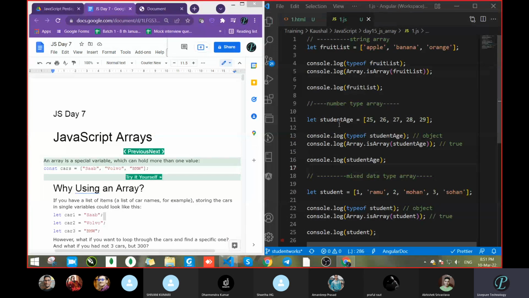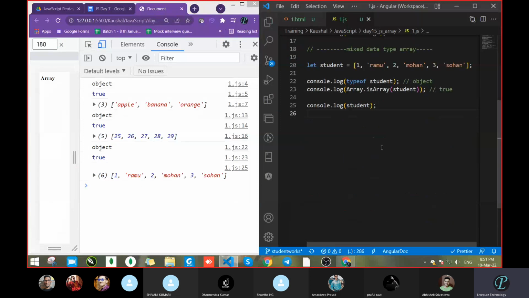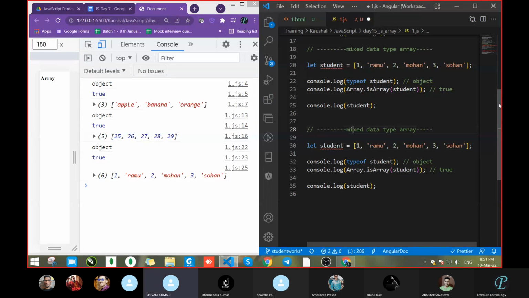Okay, so we have seen how to create the array. Do one thing, we know objects. Can anyone tell me how we can add an object with an array? Can you make some variable? Use the new keyword. I want to make an object inside an array. Why are we going with new?